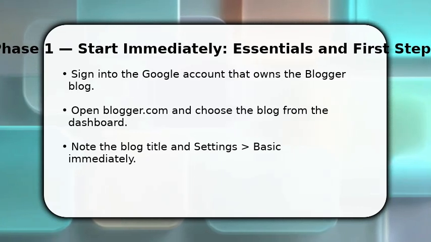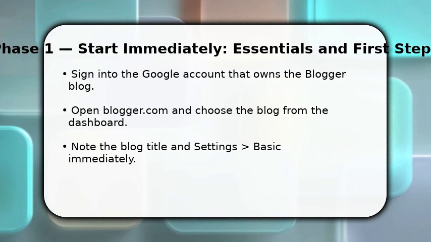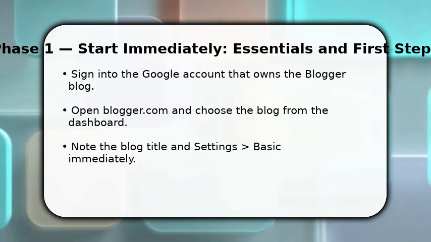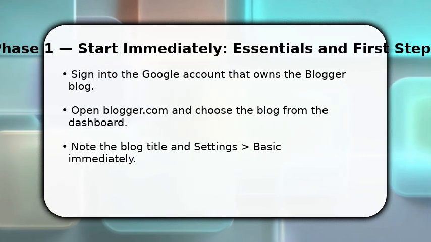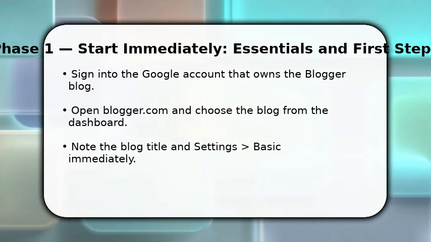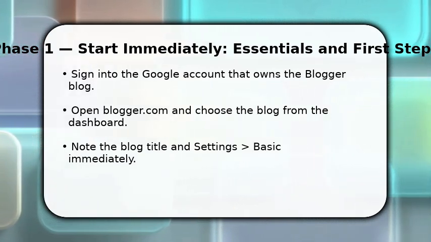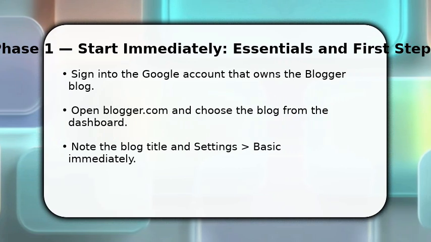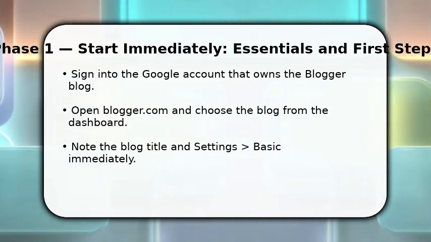You sign into the Google account that owns the blog. Do that now. Once signed in, open Blogger and pick the blog from the dashboard list. This selects the correct site. You go to Settings and then Basic to surface identifiers. Make sure to pause if the blog isn't visible. You may be in a different Google account. These initial steps focus the process so the exact blog URL appears in the next screen, so follow them precisely